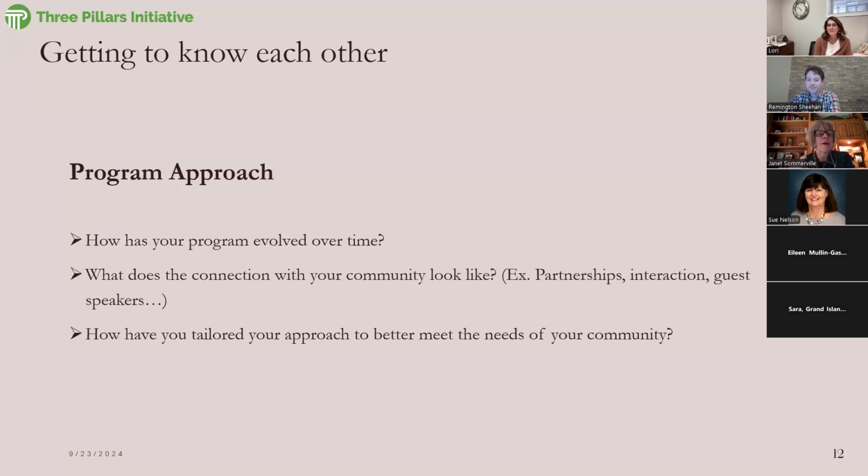I don't know if it's evolving, but one thing we want to work on in our program came from the focus group I had with my juniors who are now my seniors. They said, we want to have some social activities. And I'm like, hey, people, you can hardly make it to class. Where are you going to fit in social activities? But we had talked about how we wanted more intentional volunteering as well. They said, well, let's make our volunteering as a big group some social opportunities. So that's been a fun little thing that we're going to be working on.